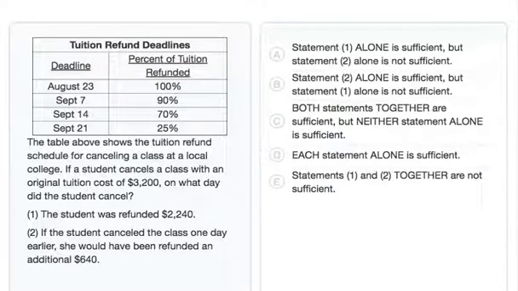To solve this data sufficiency question, we'll consider each statement separately first, then together if needed. First, let's dive into statement 1. We'll go ahead and take a look at statement 1 over here, just for room. And we're told that the refund given represents